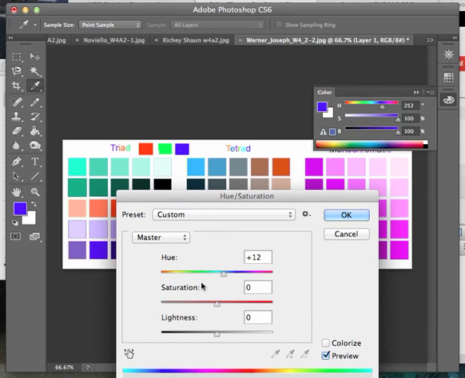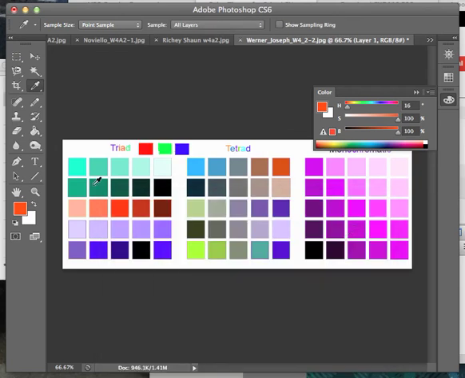Basically, with triads, there's a limited number of them. There's roughly 120 of them, and so you don't have a whole lot of options there like you do with some of the others. But once you have the primary colors, if you go through the Hue Saturation tool, you can find other triads very quickly. Whether this was a question of just a typo, where the number was typed in wrong, or something else, I can't really tell from what I have, but it's something we do want to look at. The complements,